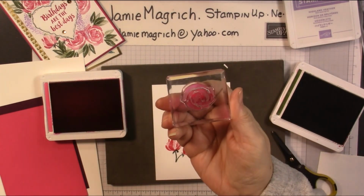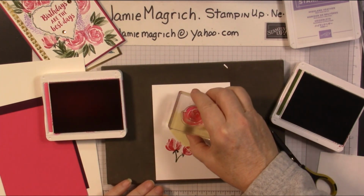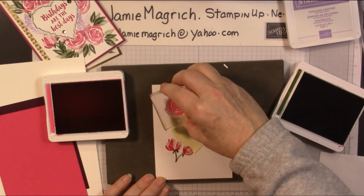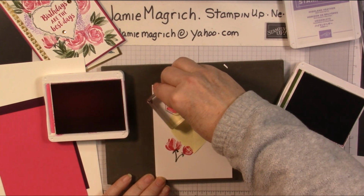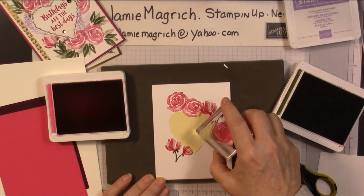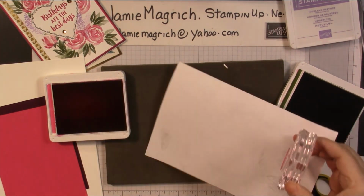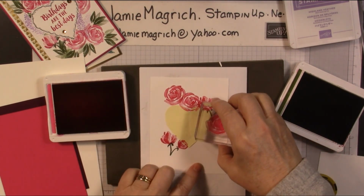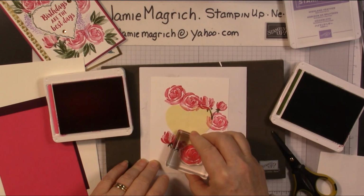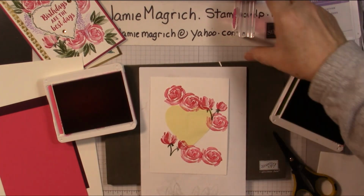Now let's come in with this rose. I'm going to stamp a few of those. Stamp one here. Ink it up. Stamp another one over here, a little bit higher. Ink it up. Stamp one over here. Which way do I want it? I'm going to bring in a scrap paper in case I go off the page. A couple down here. Okay, now I'm going to come in with the